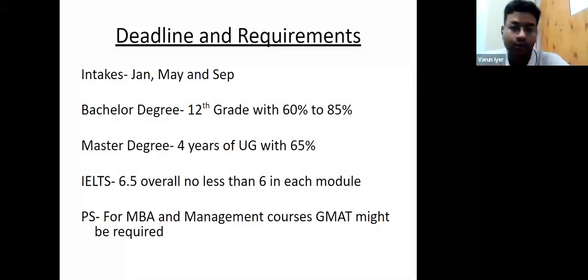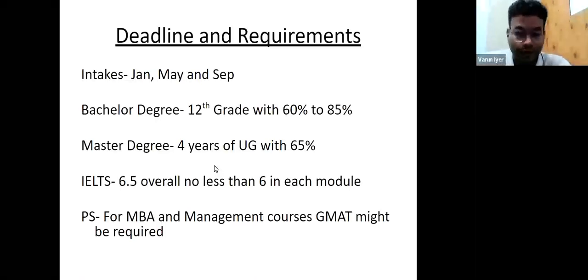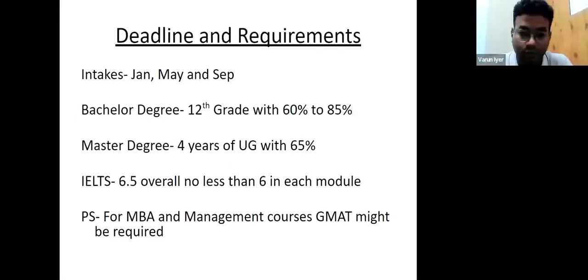The third thing is the IELTS. You have to have 6.5 overall, no less than 6 in each module. If you are meeting these 3 categories, you will be able to apply under the Student Direct Scheme, irrespective of the course you are going for, whether it's an undergraduate diploma, PG diploma, master's, or MBA. So remember this point in mind.